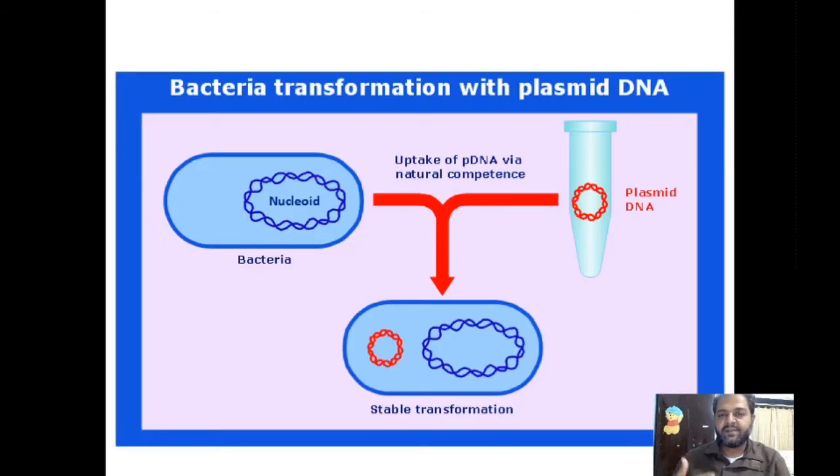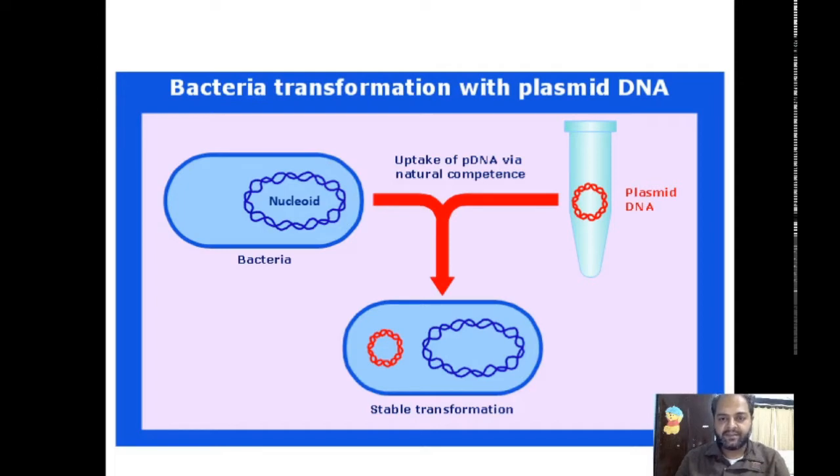Blue-white selection is basically a screening method for screening the recombinants. Now, bacteria generally take up plasmid in the wild. Not only plasmid, it can take up any naked DNA in the natural environment, and that is called natural transformation. But the same method can also be employed in a laboratory to transfer the vector DNA into these